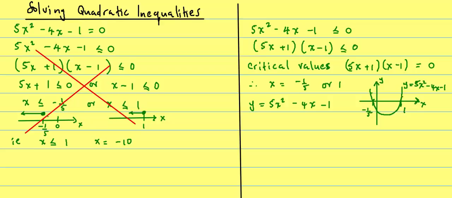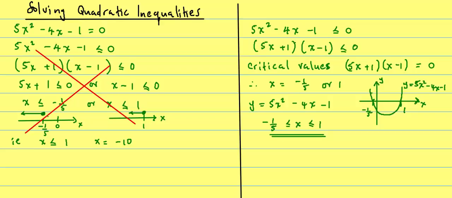And beyond positive 1, the graph is above the x-axis. So how do we put the solution? We are going to say that the graph is less than or equal to 0 if x is greater than or equal to minus a fifth and x must be less than or equal to 1. And so this will be the solution, or this is the set which gives all the values of x which